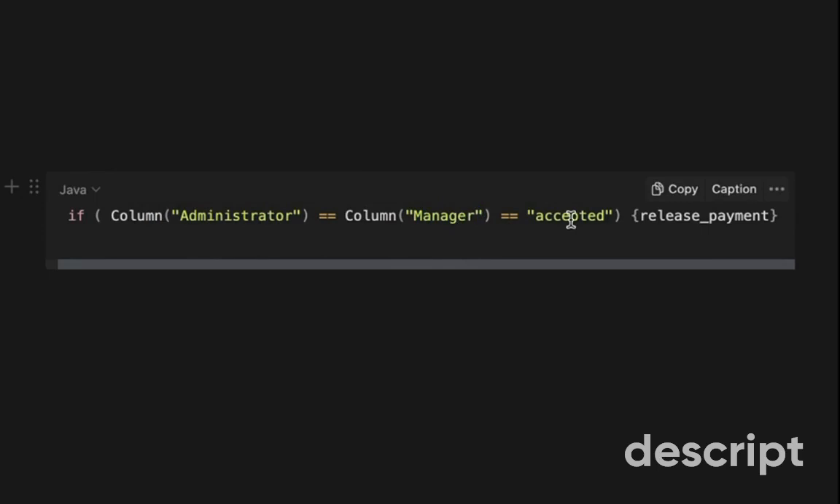And if they both accepted the code or the work that you provided, whatever it is, you can release the payment, which is another way to think about the custom formulas and how you can use them. So instead of me manually chatting with the administrator and the manager, and if they both accept it, going to my PayPal account and releasing the payment,